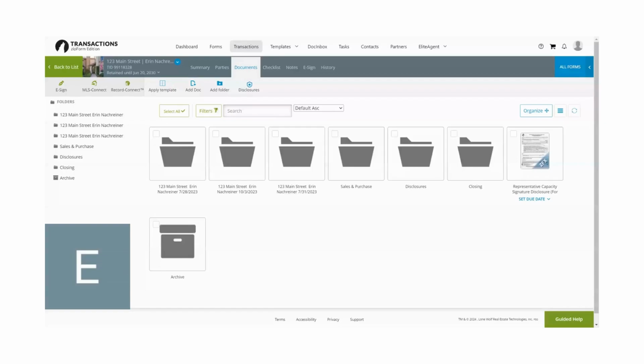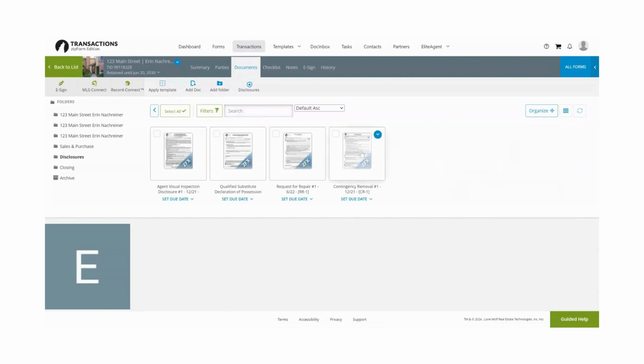I'm going to show you how to send a document to your client. We're going to go to Disclosures, find the contingency removal,